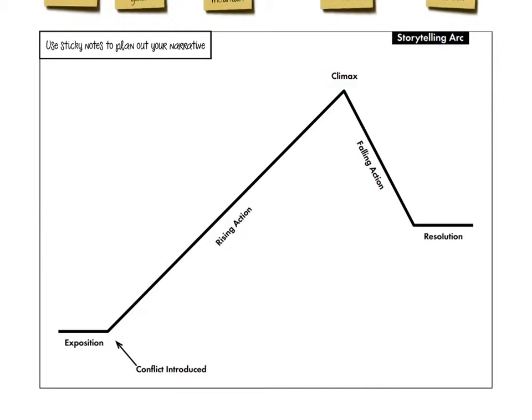So it usually introduces the characters and the setting in the beginning. And then the rising action, it's building excitement, getting more and more exciting until it reaches the climax. The climax is the most important part, the most exciting part. That's where all the action is, okay? So where it says conflict introduced, that's when they say what the problem is. And this is when the character is trying to solve the problem. This is like the big fight or the big part when they're trying to solve it. Then it starts to calm down and the problem is solved, okay?